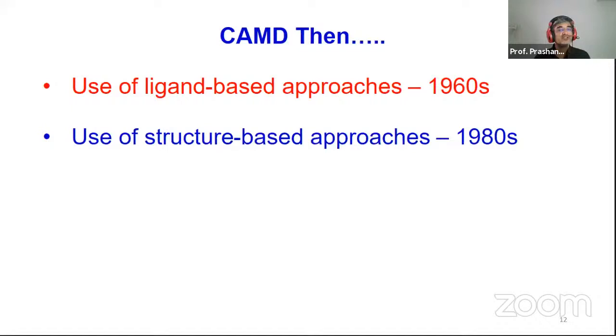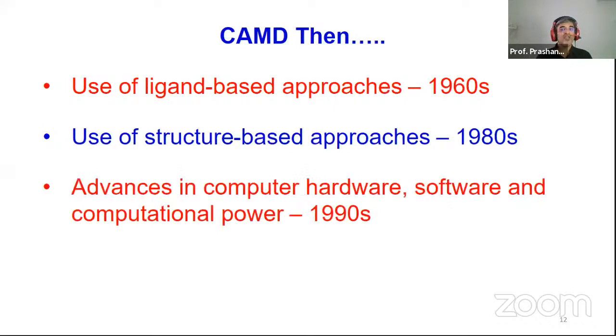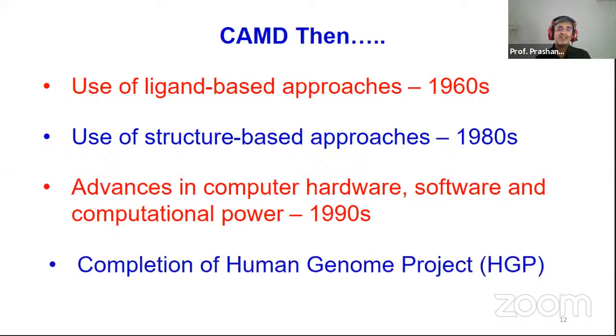Now the speed with which it is being done is tremendous, right? If you look at the number of structures deposited in PDB before 2000 and after 2010, there is a sharp contrast in these two, like two eras. Of course, this is because of the advances in X-ray crystallography called high throughput X-ray crystallography, and of course the computational power.